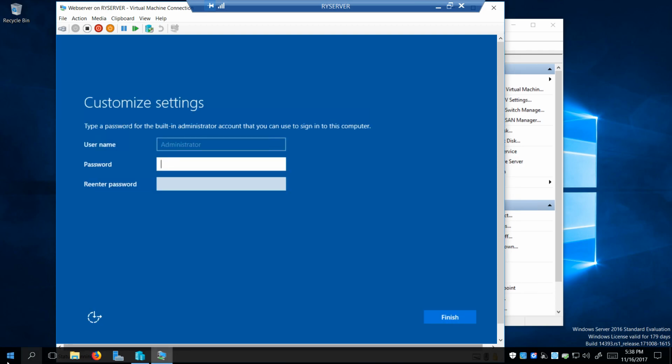Now, of course, this machine, I've already done all the updates and stuff. So you come to the screen here, customize settings. The first user obviously is the administrator. So you just